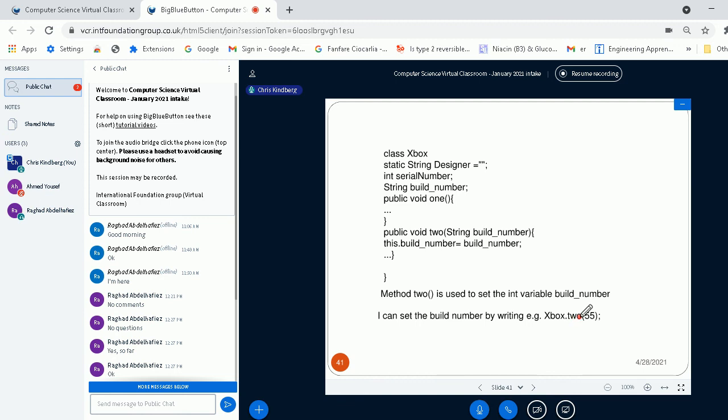Xbox dot 255. Well, I'm not sure about that because I'm going to have to think a little bit about that. I can only use the class name to... let me see. I'm using Xbox 2, so I'm trying to refer to this method here. But really, to make sense by prefixing the method by the name of the class, I should write,